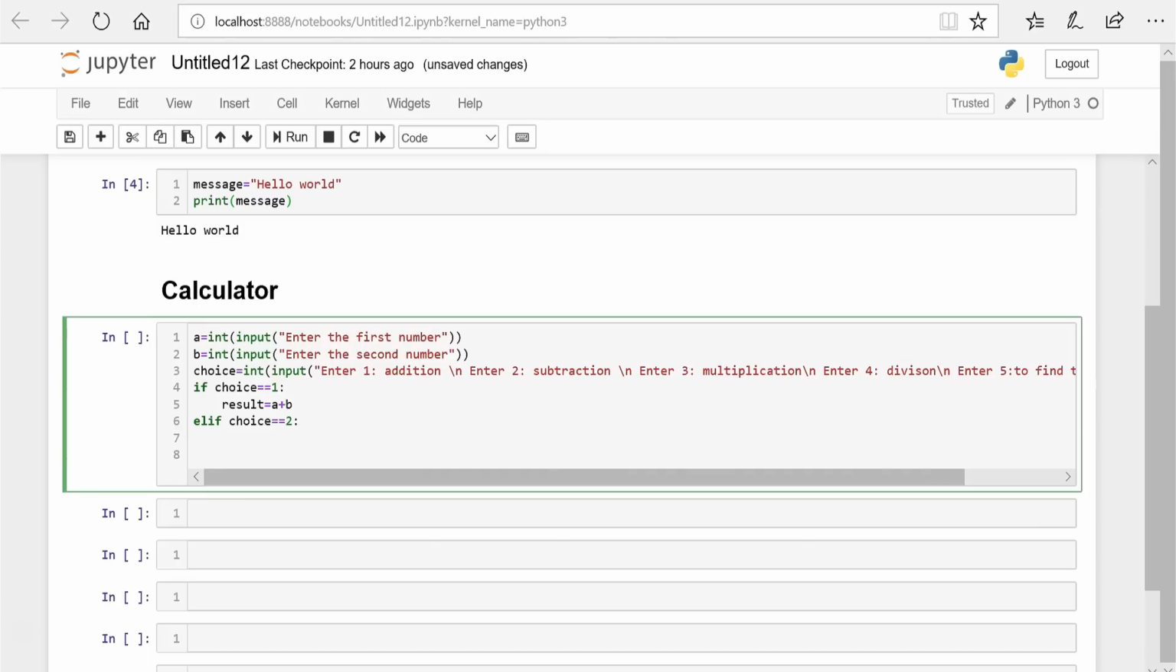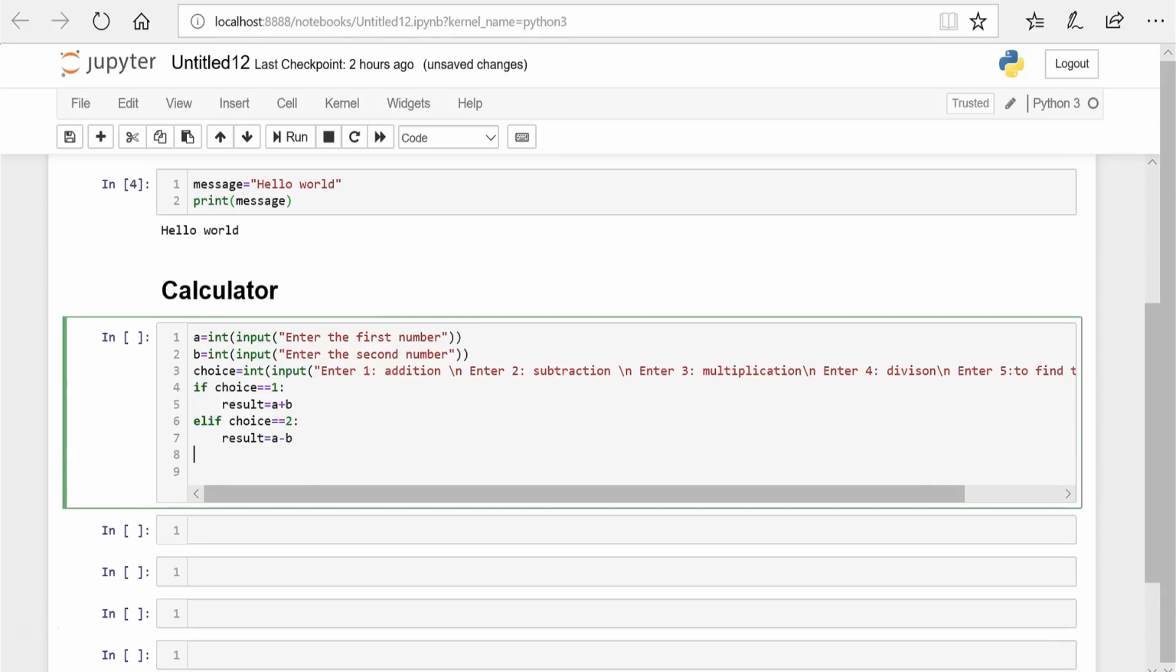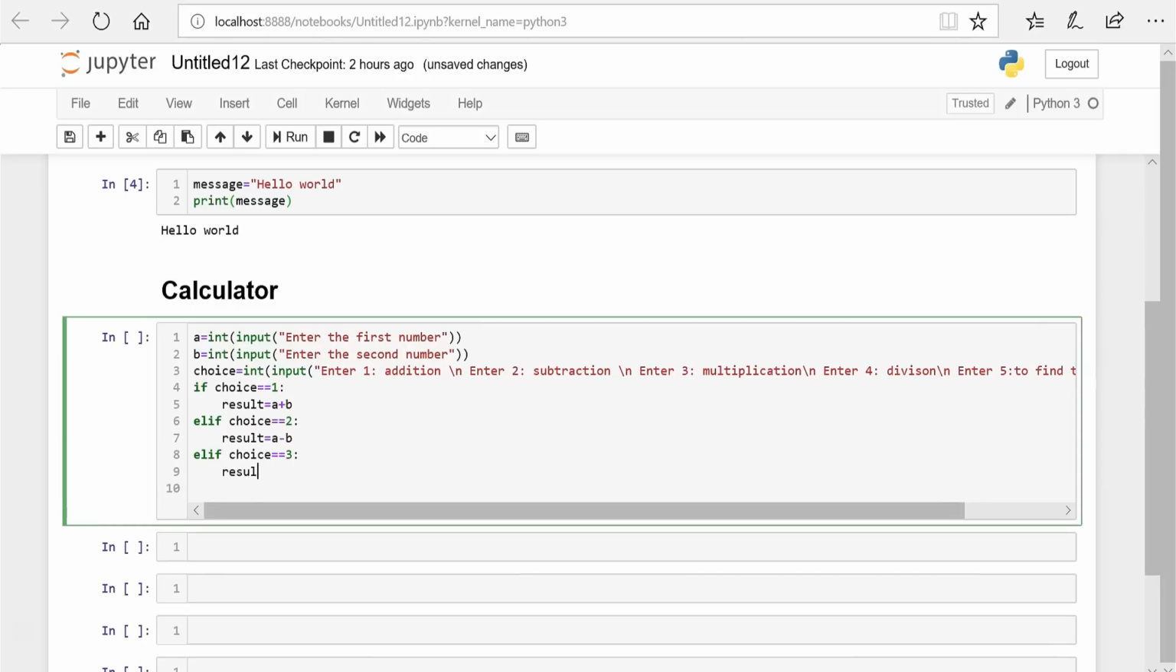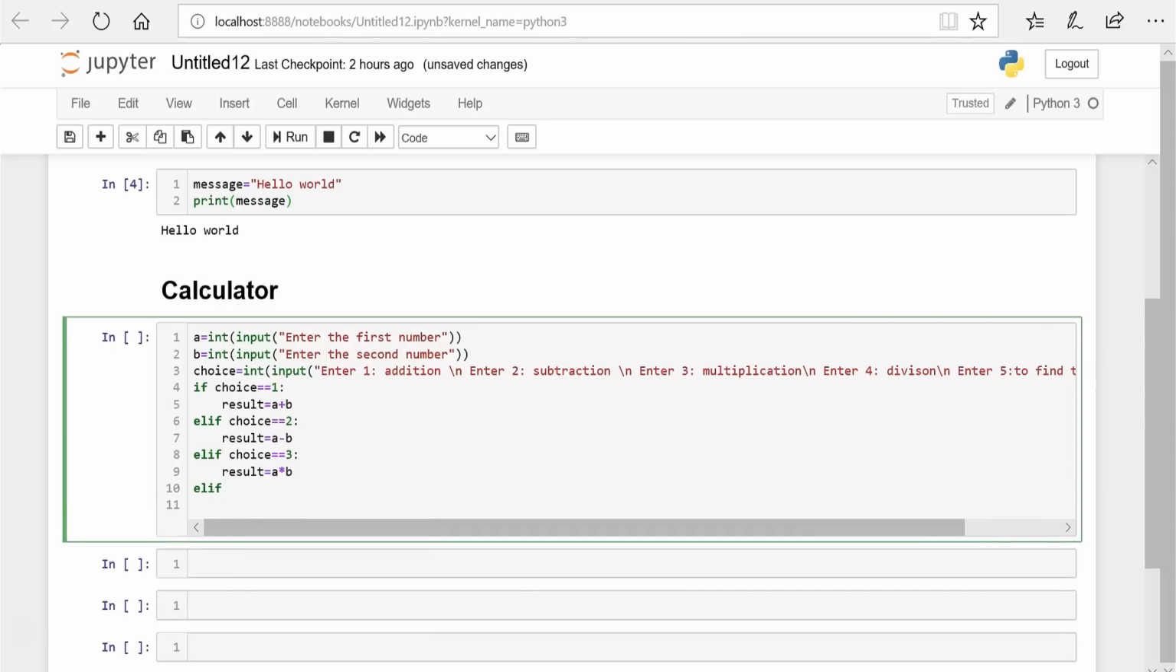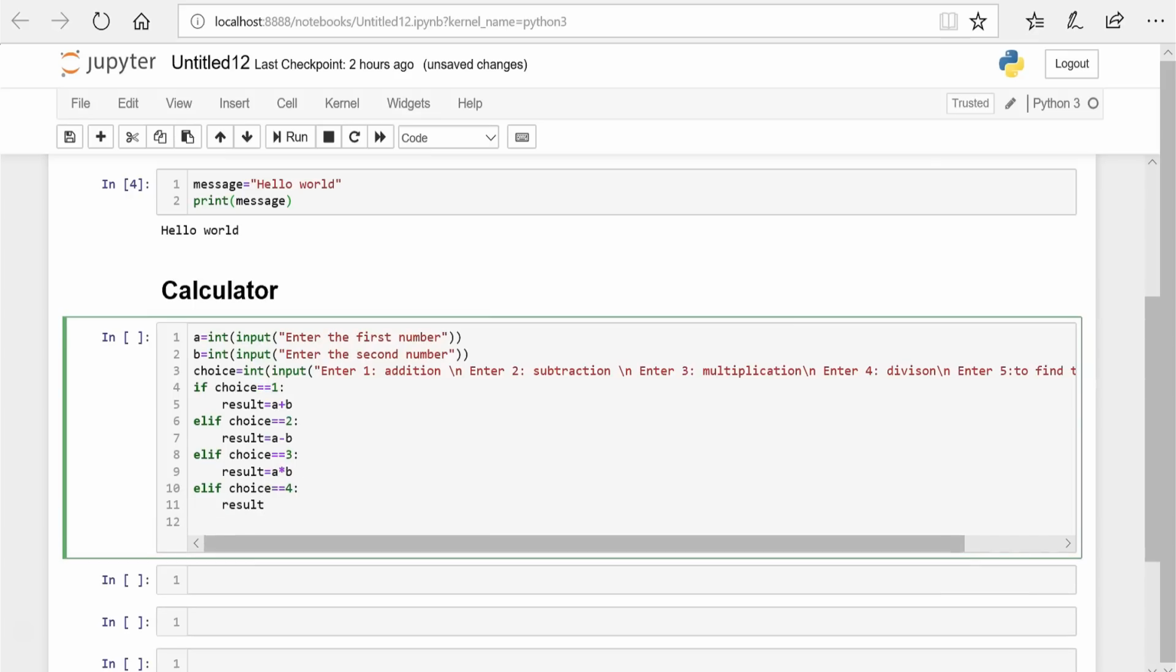First, we'll put in our result value for the choice equal to 2. That means the user wants us to subtract. So you say result equal to a minus b. Now guys, if choice is not 1, choice is not 2, then there's a possibility choice would be 3. So again, we can have another elif here, and this time we check if choice is equal to 3. Now if that is true, we do a into b because that's multiplication. And if that is also not true, choice must be equal to 4, in which case we do a by